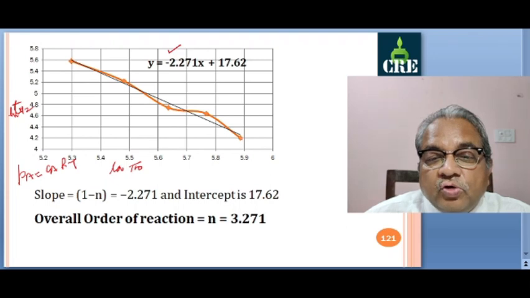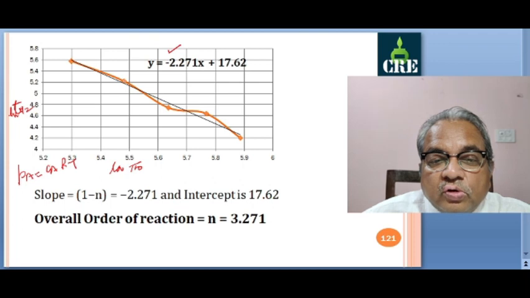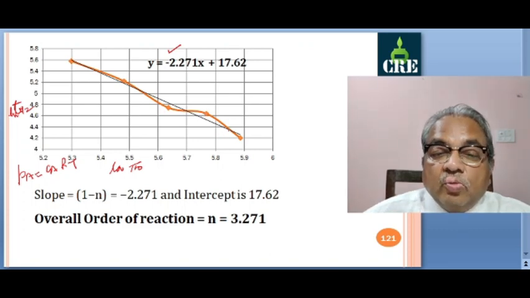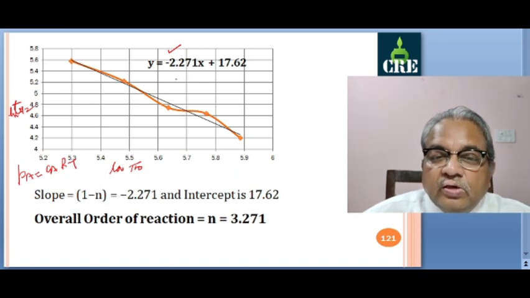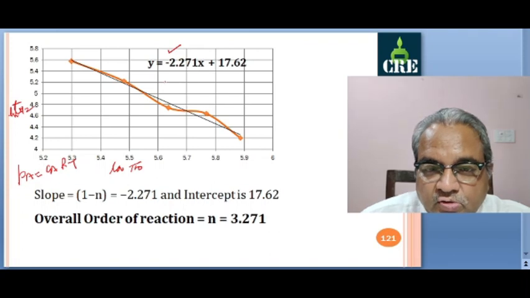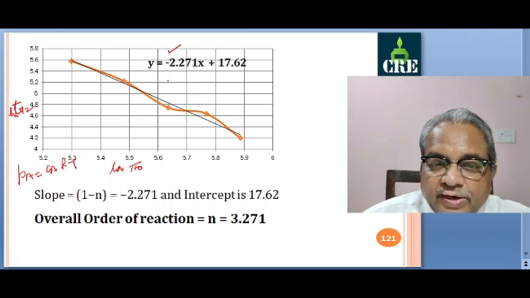This one point is just below this. Similarly, this point is just above this. So by eye judgment, you can say this plus minus error is compensated. Similarly, here this is at the same distance, almost at the same distance. For this point and this point, the plus minus error is compensated. So this straight line with this equation fits the data well. The same equation you can obtain if you use the method of least squares for this particular data.